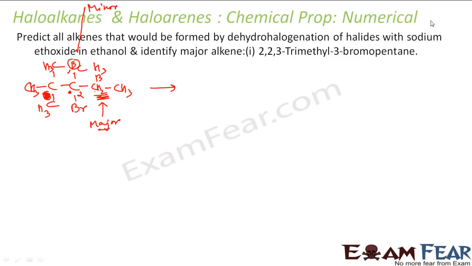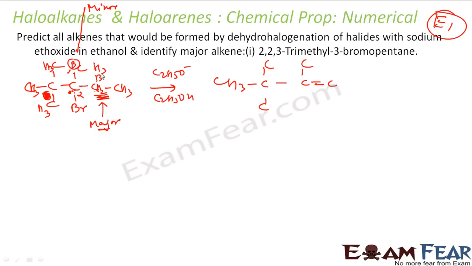Correct? We'll do a dehydrohalogenation, again an E2 reaction. Why? Because this is ethoxide ion, C2H5O minus is my ethoxide, and ethanol is protic, so it will be an E2 reaction. So two products I'll get. The first, the major, where I'll remove this hydrogen and this bromine from here. So I'll get CH3, C with 2 CH3 here, and one double bond. This guy here also I'm going to have C here. Correct? And this is again CH3. There will be H here. CH3, CH3, CH3. This is one major product I'll get,